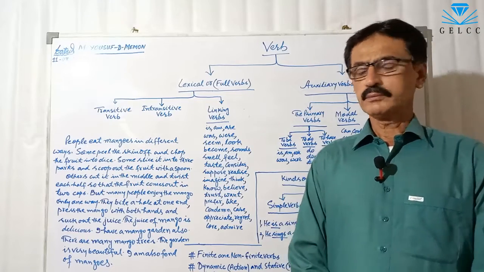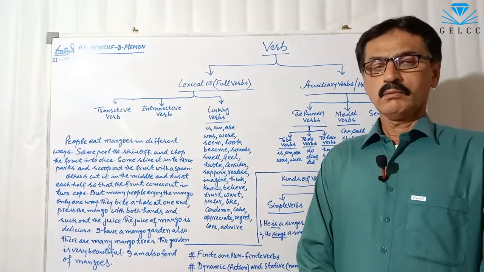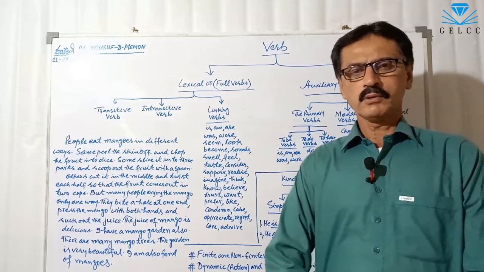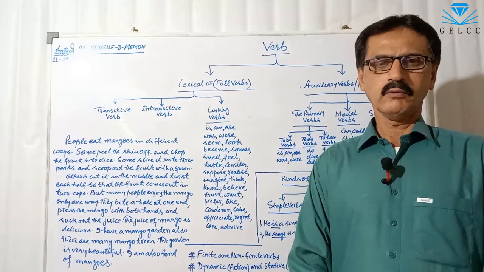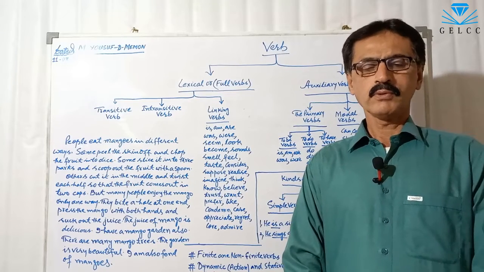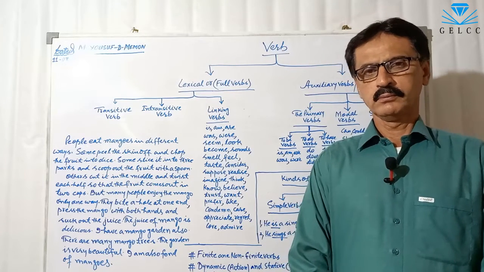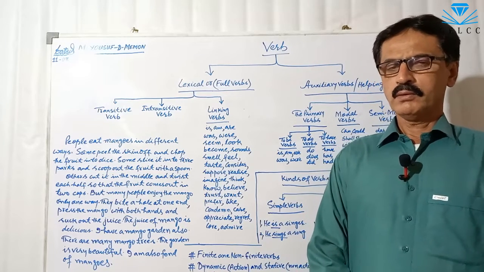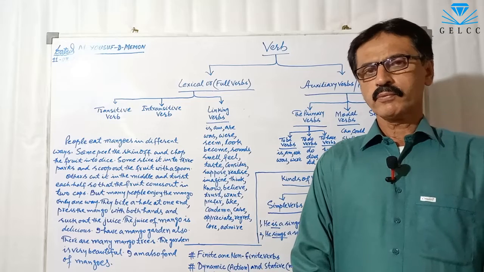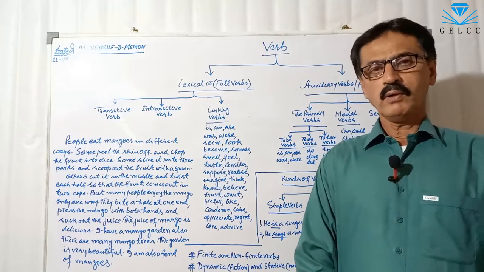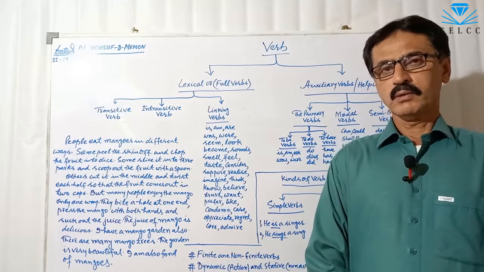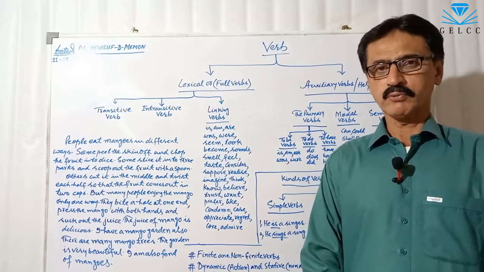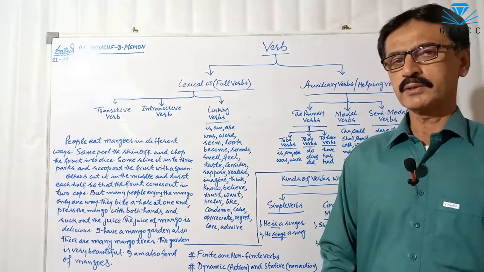Dear students, the word verb is derived from a Latin word verbum, which means a word, the most important word. This is the derivation of the verb. Now I tell you the definition of the verb. What is the definition of verb? What is verb? Before I define it, please